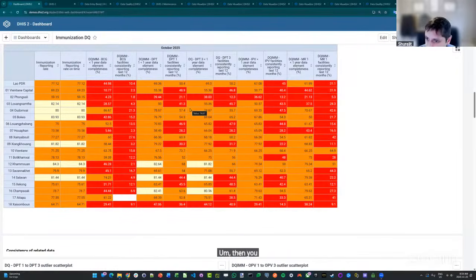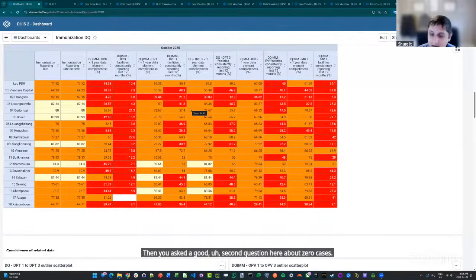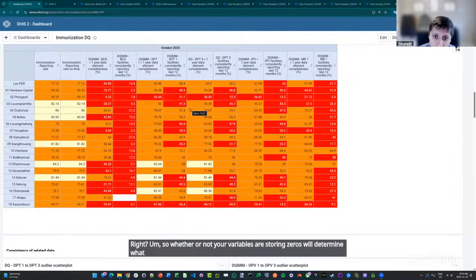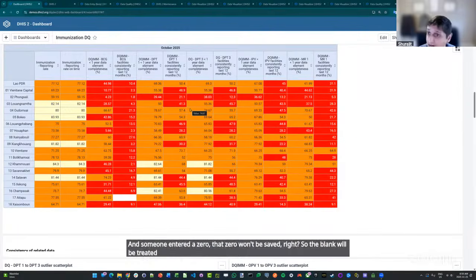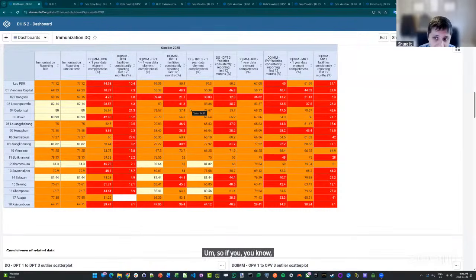Then you asked a second question here about 0 cases. So it really depends on your DHIS2 configuration. Whether or not your variables are storing zeros will determine what you do here. If you're not storing zeros, then you see a blank, and if someone entered a 0, that 0 won't be saved. So the blank will be treated as having no value. So if you need to save zeros for some reason,